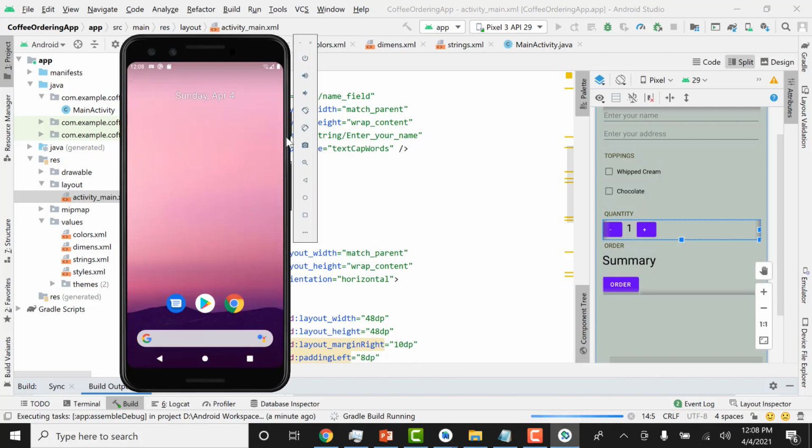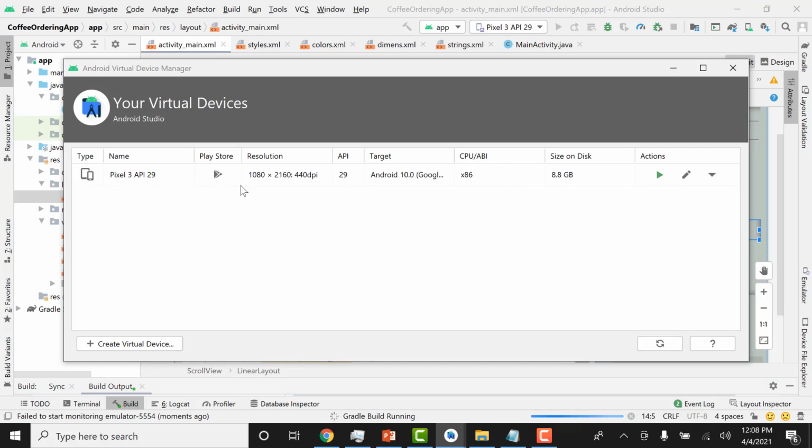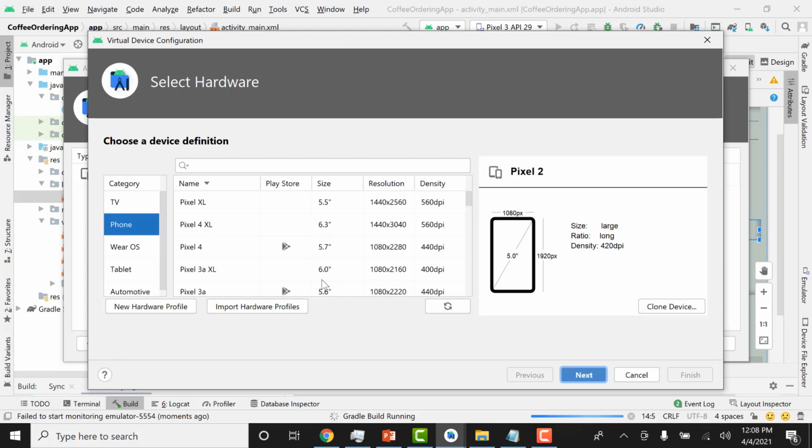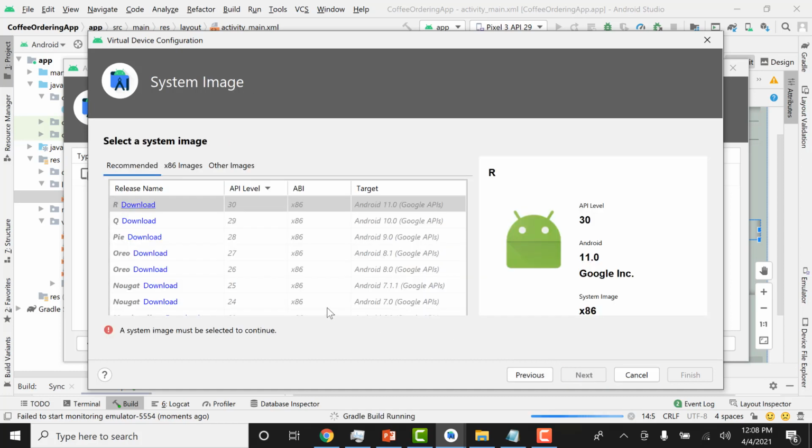Okay, so I think I should create a new emulator, because so far this emulator is not working, though the Gradle is running. But I can go to this AVD manager, and you can click on the create virtual device option, and there you have different types of options like Pixel XL, 5.5. These are the attributes. So I can click next,